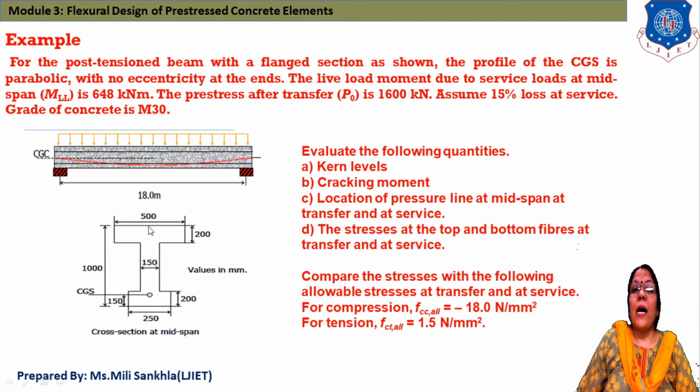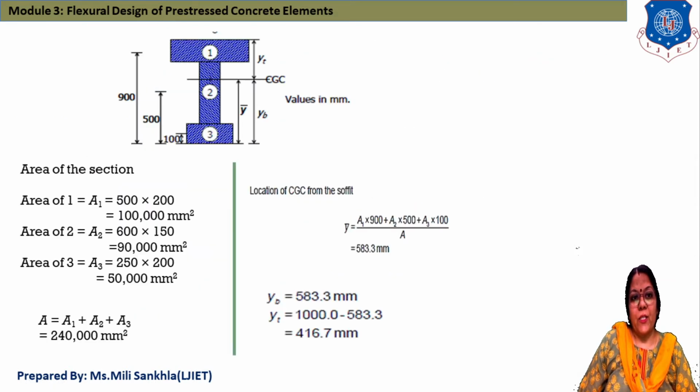This I section is symmetric about the y axis, not symmetric about the x axis. So here we find out moment of inertia of individual members 1, 2, 3. If it is symmetrical about both y and x axis, then we directly find out moment of inertia about the axis. Please take care which type of section is given in the example. Now next, first of all we divide into number of parts. First top flange, then the middle portion is web and third portion is bottom flange.